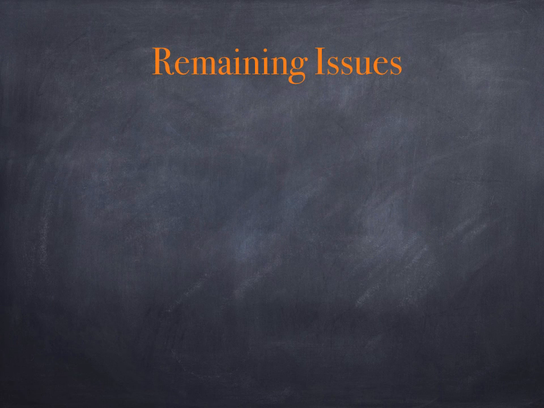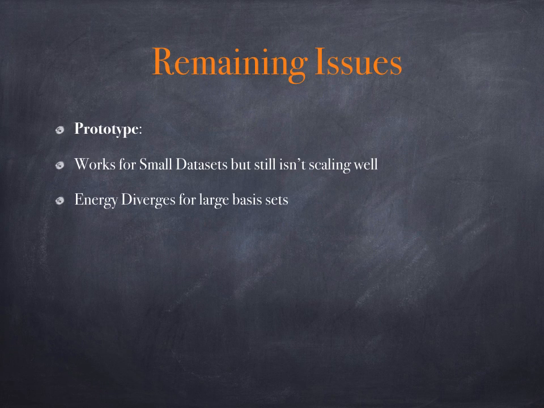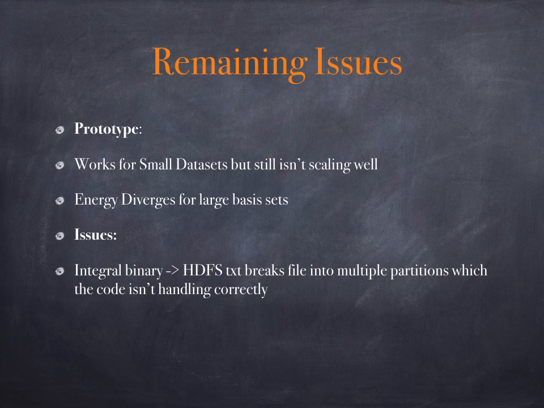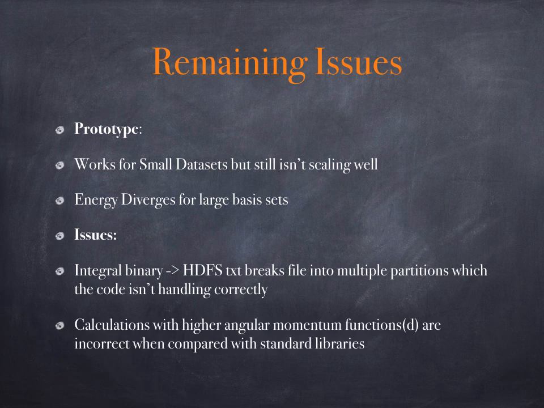There are still some remaining issues with the prototype. It still only works for small datasets, and we have not been able to get it to scale for large datasets. We suspect that the code is not correctly handling the multiple HDFS partitions which are created when the file was mapped from binary. Also, the calculations for higher angular momentum functions, for example d orbitals, are incorrect when compared